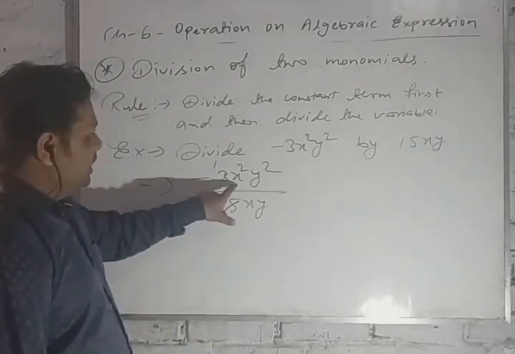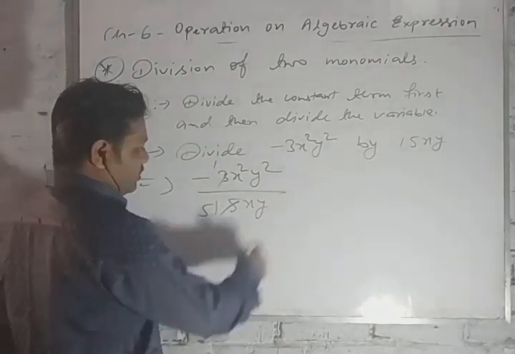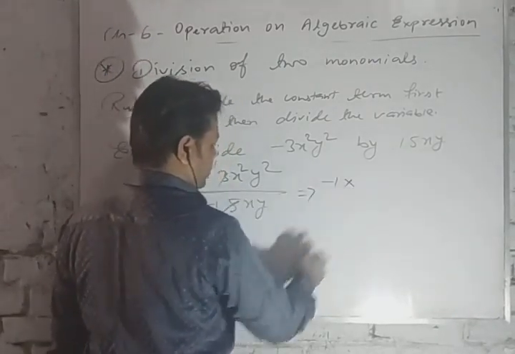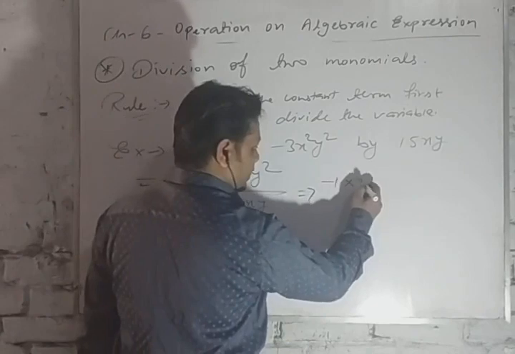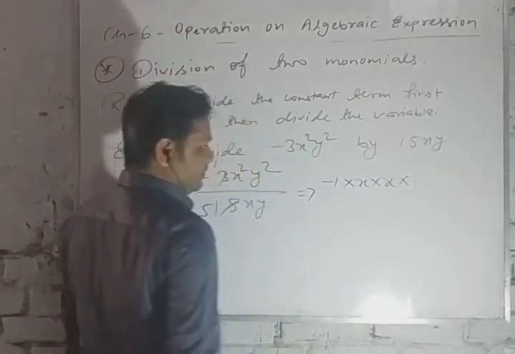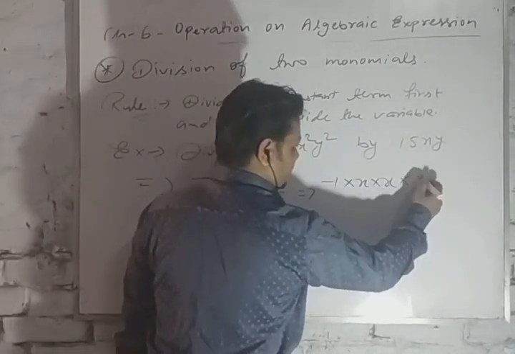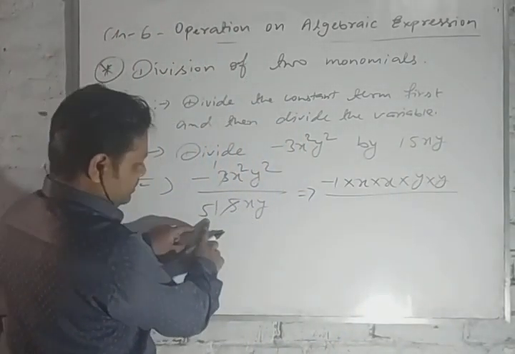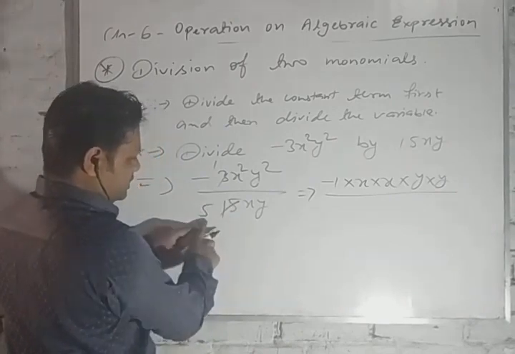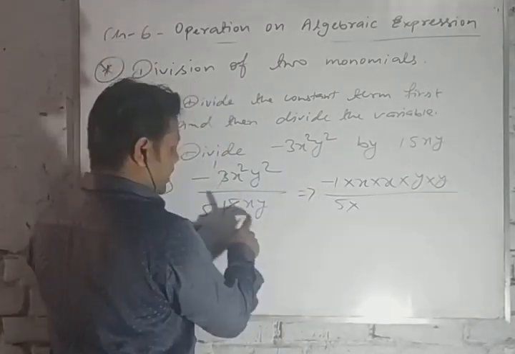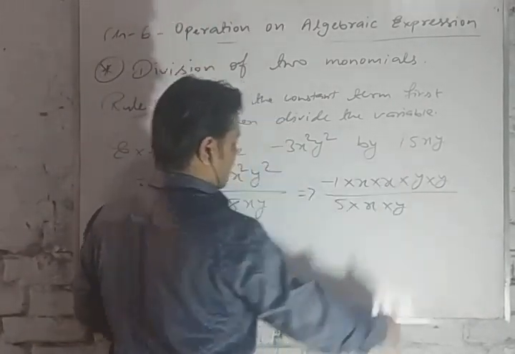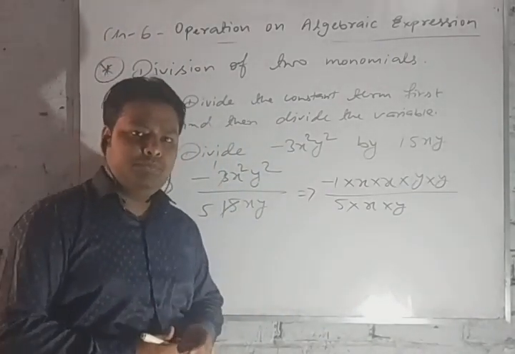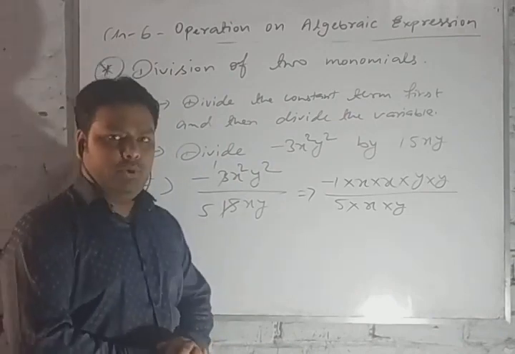Okay, so here x square, like this we can also solve. That is here minus 1 only, minus 1 into x to the power 2. It means we can write like this, y to the power 2, that is y into y. The 5, 1 has cancelled, 5 into x into y. And if the power is very big, then we will use the law of exponents. Okay dear?